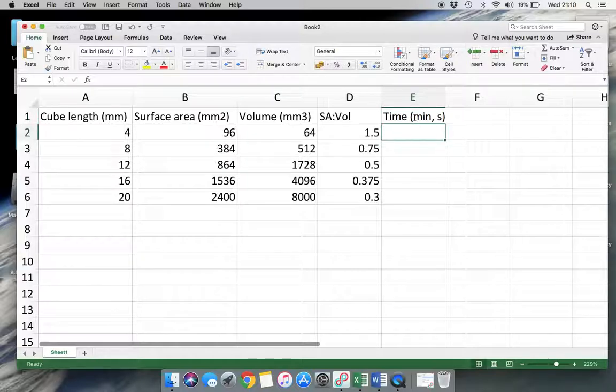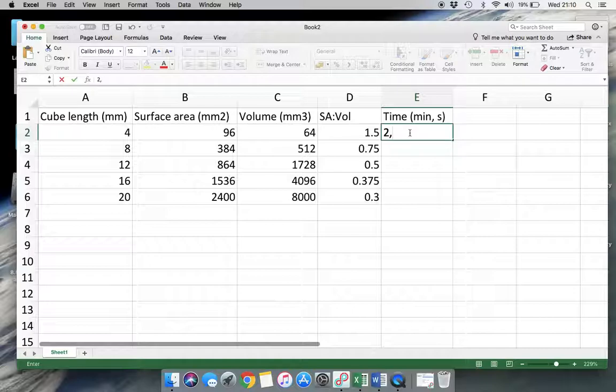Okay. Now this is where you're going to put in your own data. I'm just going to put in some sample data that I've made up, but you put in your own data here. Don't copy what I'm doing here, but put in your own data. For the sake of argument, I'm going to say